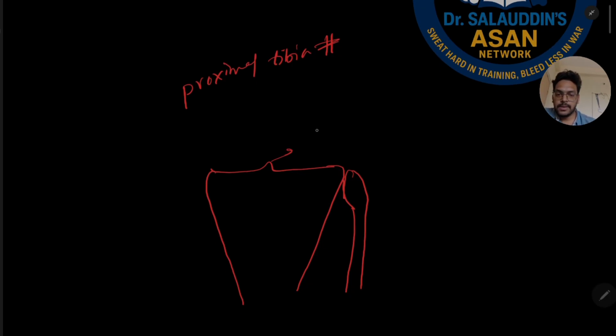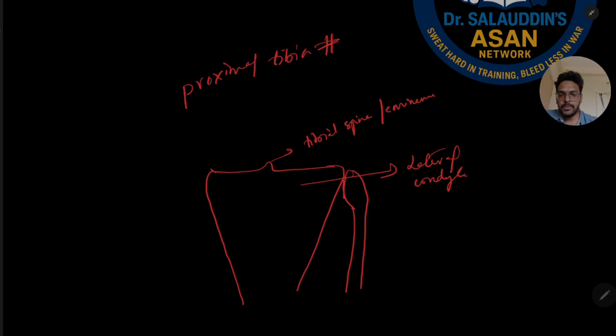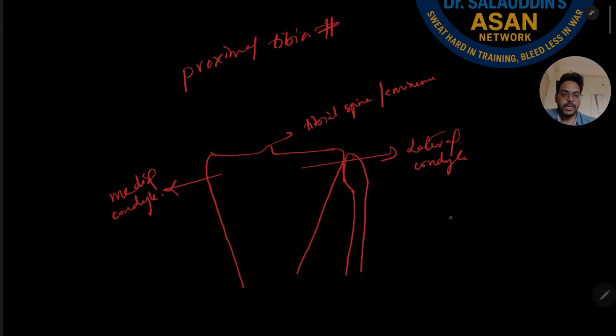This is the tibial spine or the eminence, and this part is the lateral condyle. Lateral condyle of the tibia, and this is the medial condyle of the tibia. It is from the AP view. If you see anteroposteriorly,